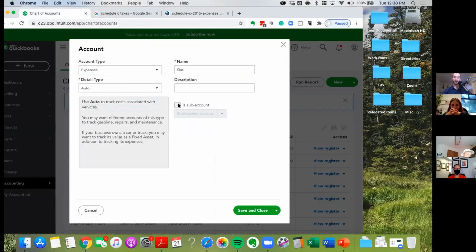Right here, you can check this box for is sub account, and then you can look up that auto expense that we just created. And then if you hit this down over here, rather than closing it, if you have a few of these, so if you want to track gas and then repairs, you can hit save and new. And then it'll bring everything up the same. And then you can change the name to repairs, is sub account, auto,